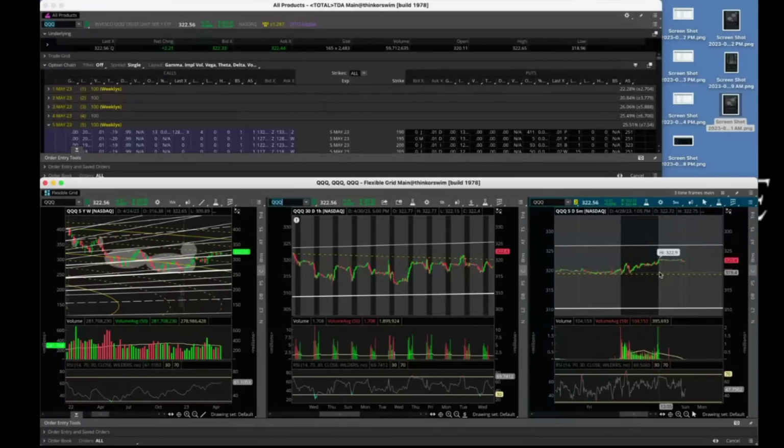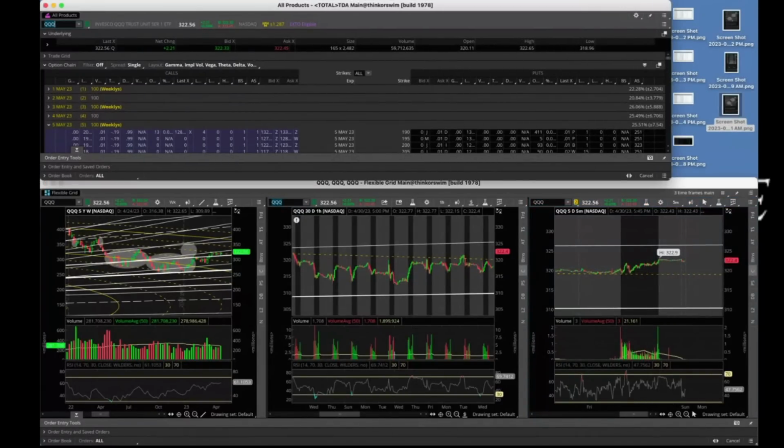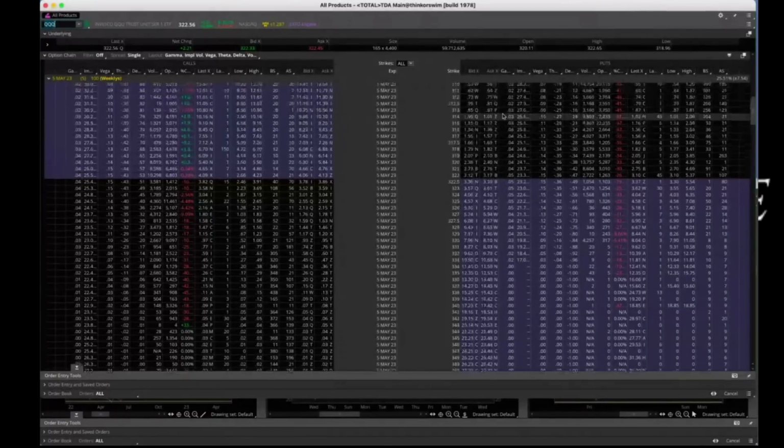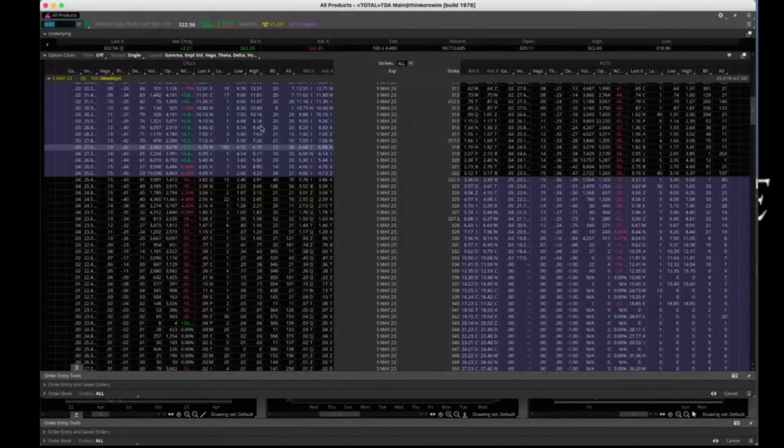So if you want to trade this and you don't know which direction, I'll give you a strategy. Say you don't have time to day trade, but you want some of the volatility. You can get Friday expiry and target both areas, and you can scale out. Once it hits one area, you close one, and then it hits the other area, and then you close that one. So if we're thinking 311 into 326,